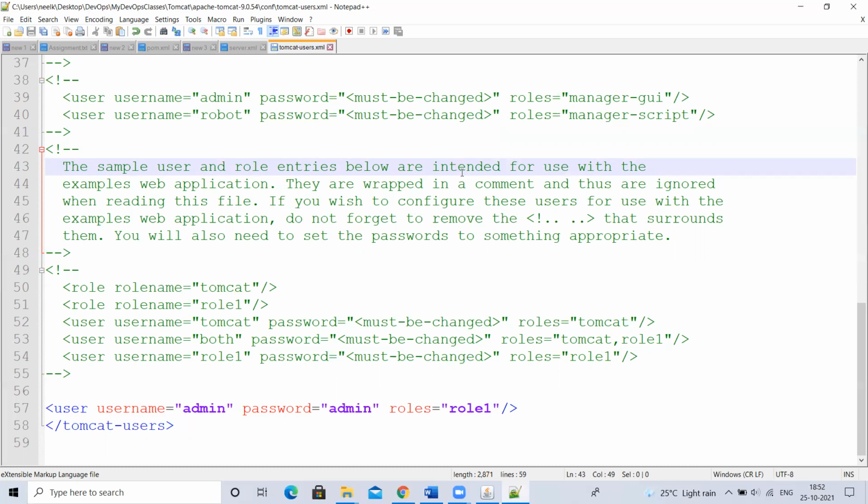Authorization means you provide access to any other user. Authorizing. Once you log in, what type of permissions and what type of access you have there, that is called authorization. For example, you are all going to a company, right? To enter into the office, you show your ID card. That is authentication, right? It is checking whether you are a valid user or not.